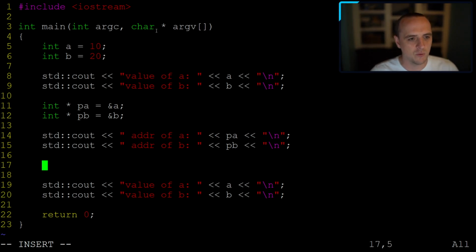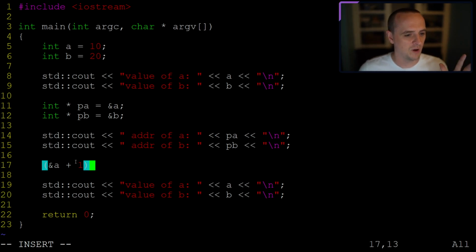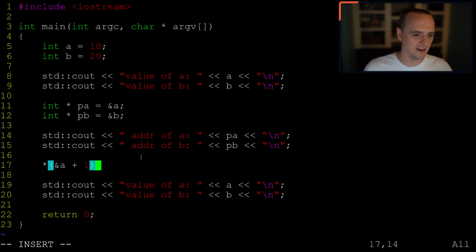So, how are we going to get at the value of B? Well, what we could do is we know that B comes 4 bytes after A. So let's see if we could do something. Let's get the address of B from the address of A. So this is going to be the address of A plus 1. Now the reason it's plus 1 is because the address of A is an integer, and we want to go 1 integer beyond that. And then if we dereference that to get the value and set it equal to 42,